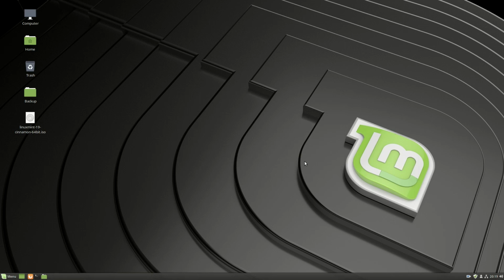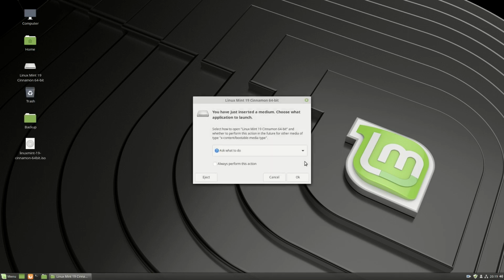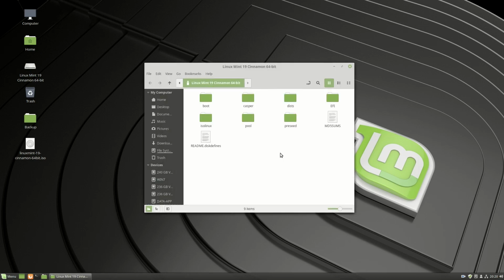Right here, if we reinsert the USB stick, let's see what will happen. Here you go, Linux Mint 19 Cinnamon 64-bit. You have just inserted the medium. Choose what to do. Okay, if we can explore it, see what's on it. Yeah, got boot, casper, dists, EFI, isolinux, pool, preseed, md5sum, README. Alright, so